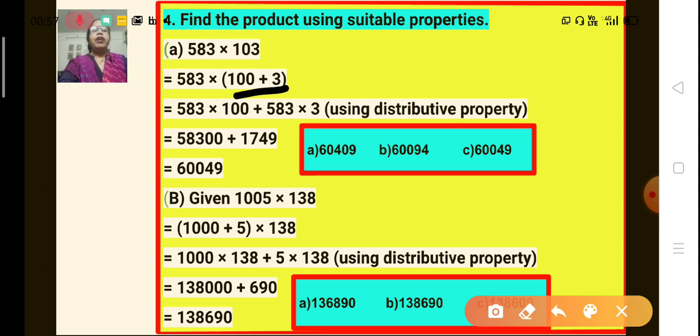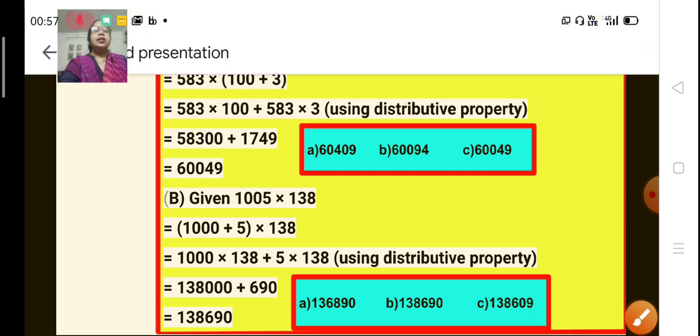Now 583 can be multiplied by 100 and also by 3. Don't you think it is simple to multiply 583 by 100 and by 3 instead of multiplying it with 103? It is simpler than that, isn't it? And easily we get this one,